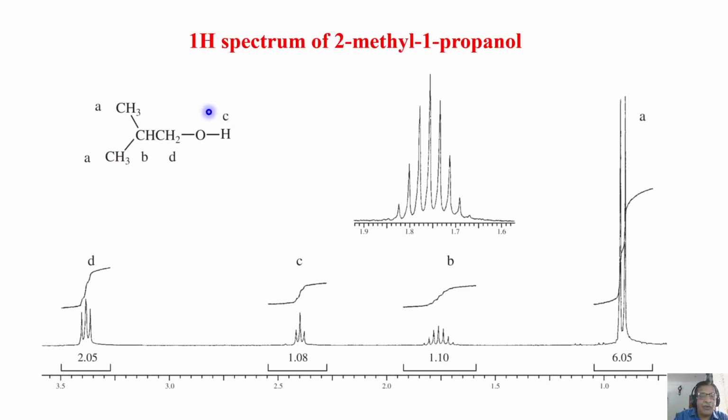First, we have an OH proton, that's one. We have one CH2 group, which is different because it is attached to OH and another CH here. We have another CH group, which is different from CH2. We also have two CH3s, possibly they are equivalent. Now, we have to start looking at where these protons appear in the proton NMR spectrum. Let us start from the right side of this molecule, the OH proton.